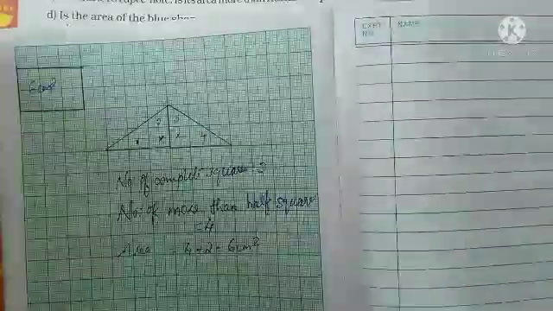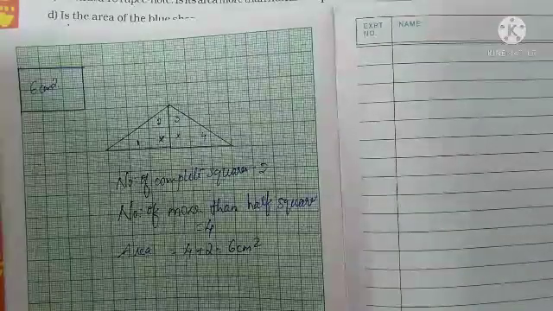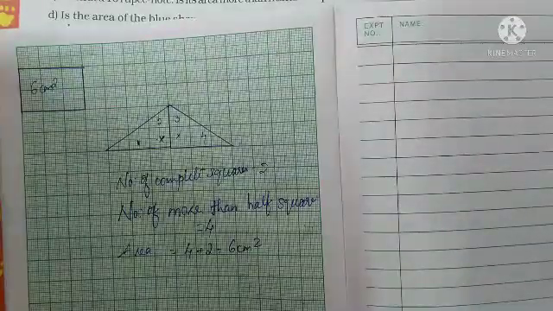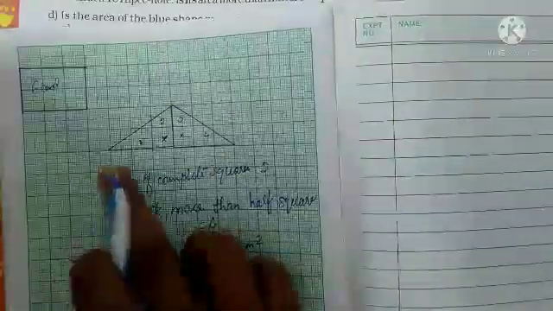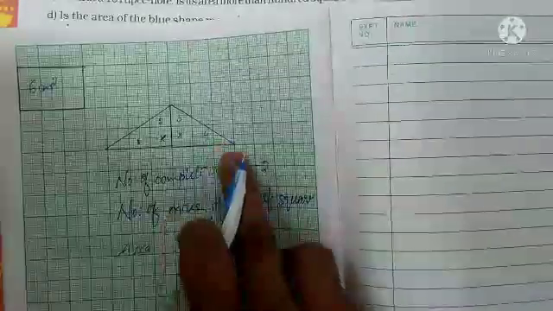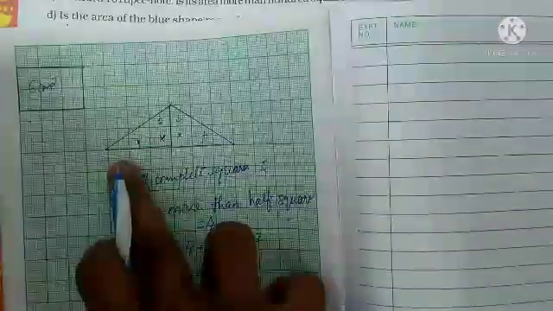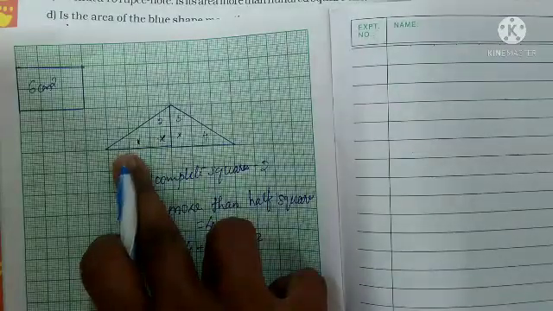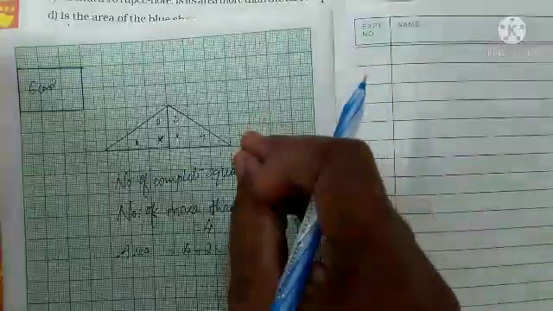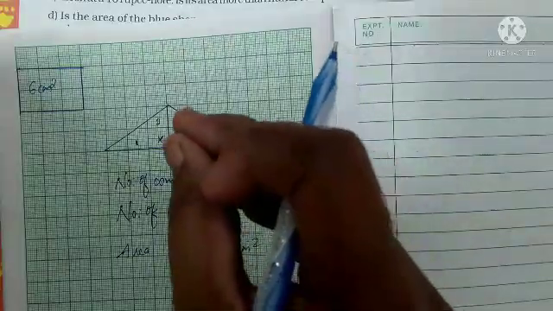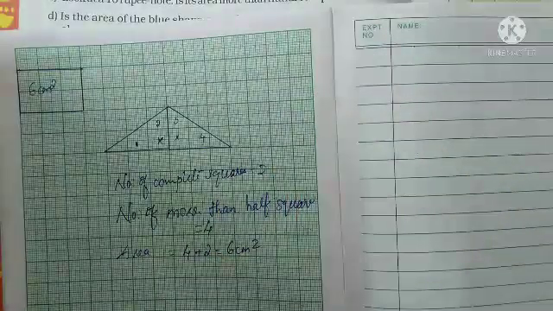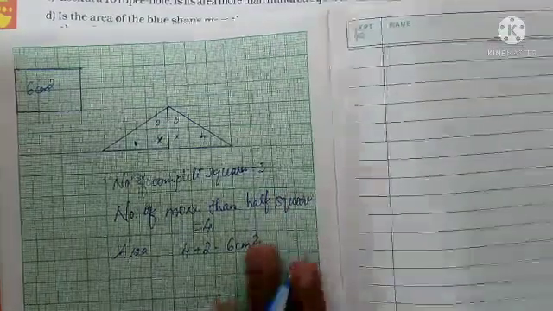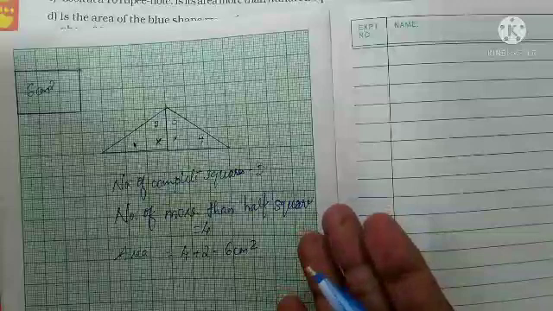Which is bigger? Actually, these two figures are equal, but some slight difference is there. Some portions are included here. So here we have to find the area of this type of figure. It's not an accurate value, it is an assumption. The area is 6 square centimeter. It is in between.